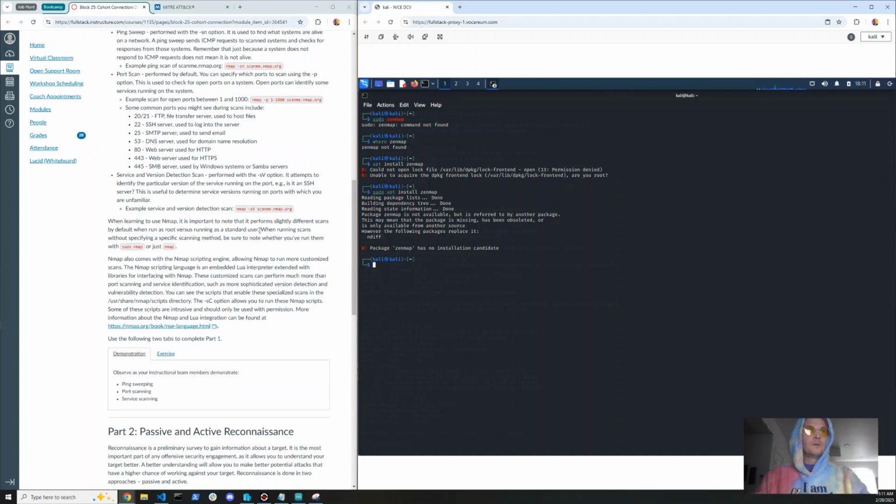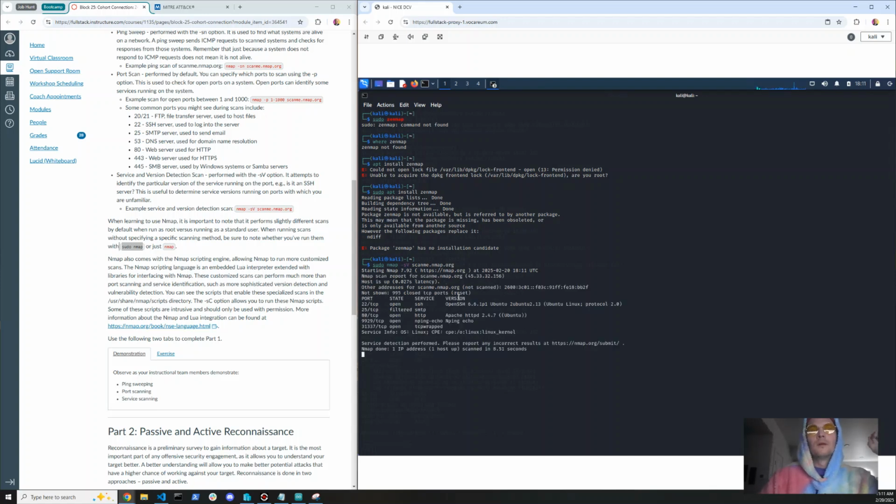So you can run sudo nmap or nmap. I don't know if we'll see any more useful data if we do that. I think it's going to show us the same stuff. But long story short,